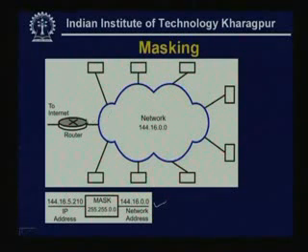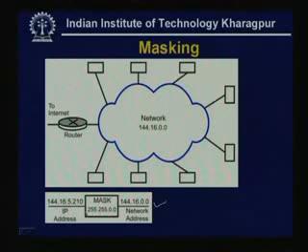So it does not bother about the host ID, it only bothers about the net ID. So some kind of AND operation is performed with the net ID part. That means the mask is